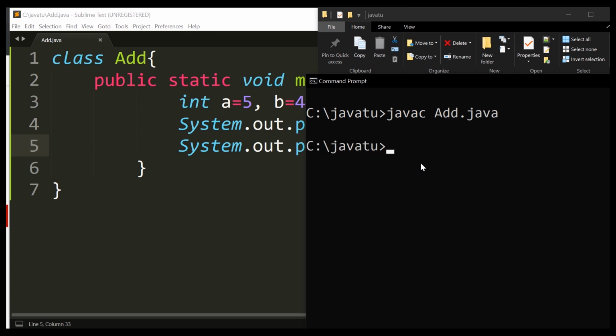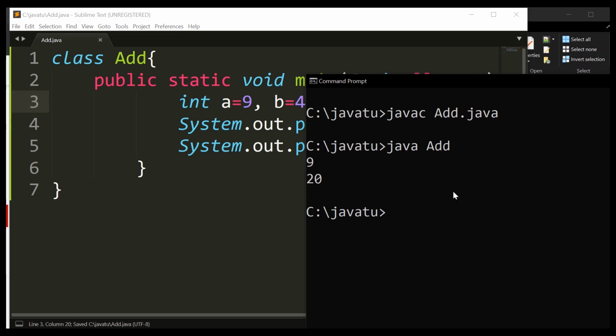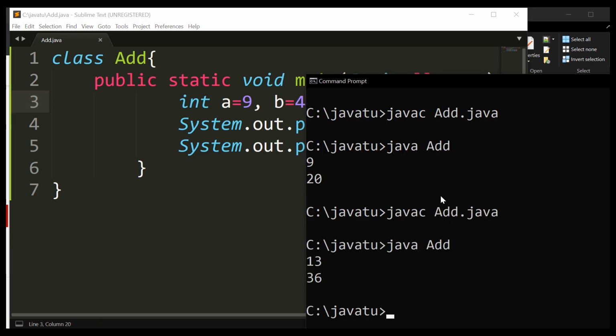Now run java Add and hit enter. See, 5 plus 4 is 9 and 5 times 4 is 20. But now if we want to make changes, then we just make changes at one place rather than two places. Save the file, compile it again and run. See, right output: 9 plus 4 equals 13 and 9 times 4 is 36.